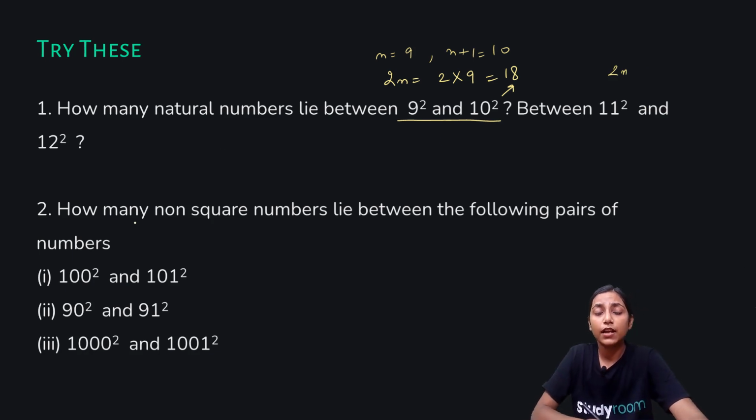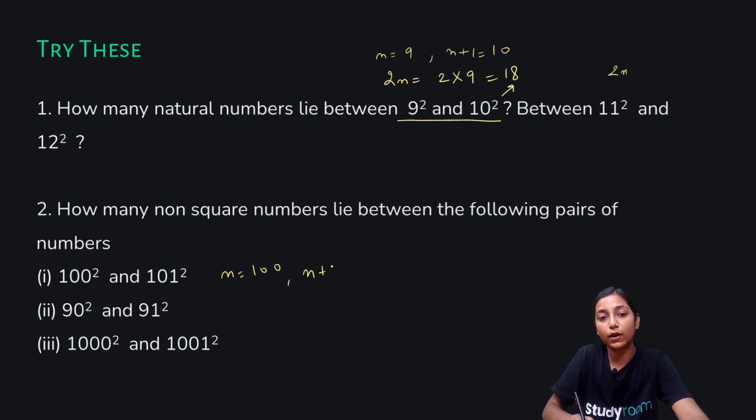Now we have question number 2, that is, how many non-square numbers lie between the following pairs of numbers. So again, just the same one, you have to use the same formula, that is 2n. Now here, I'll do the first part for you, do the remaining ones yourself. Just the same way. So here we have n as 100, n plus 1 is 101. So the number of non-square numbers that lie between the squares of these two numbers will be given by